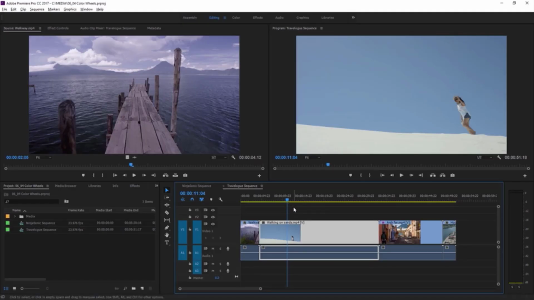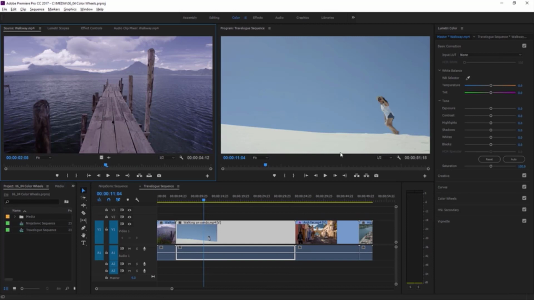Color wheels allow you to make color adjustments to just the dark or the light areas of an image. The extra control can help you fix more subtle problems in clips and add more nuance to a look you're creating. Let's try it. I'm switching to the Color workspace, and in the Lumetri Color panel, I'm switching to view